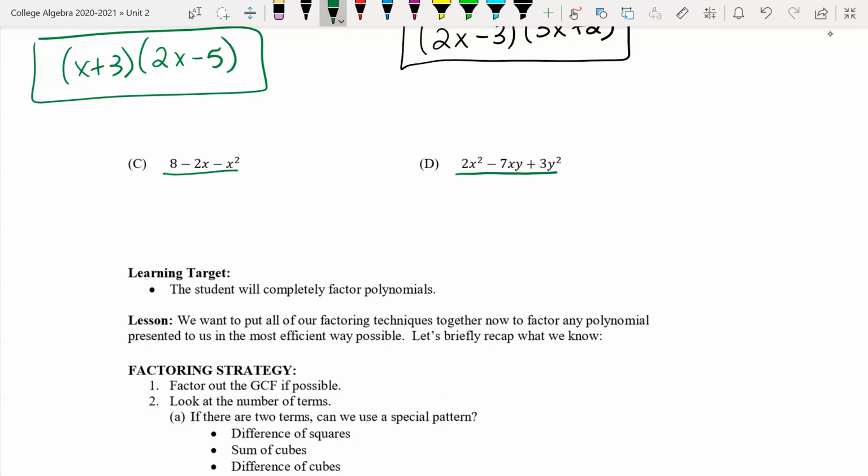I expect you to pause the video and try C. However, these are a little bit harder just because you have to rewrite it first, and that's what I would do. I'd always put my x squared first. But notice this is a negative one, so I'm doing -8. That adds up to that -2 in the middle. So if I rewrite it,